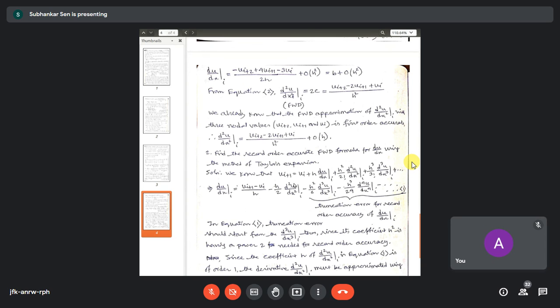So there will be some kind of h. Now there is one h outside. So this h and the h of the truncation error will give you h square. So this will be h square. That h square term will be joining here. Since this is only possible if you use the first order accurate approximation,